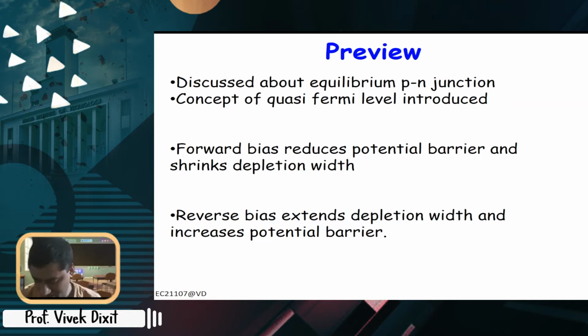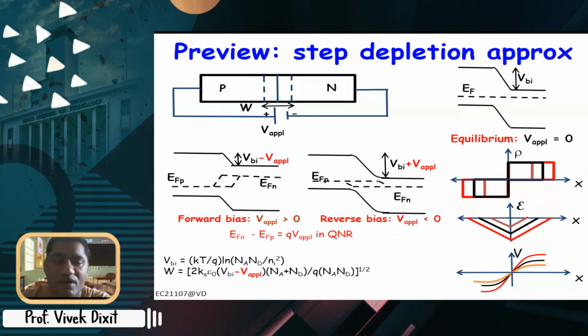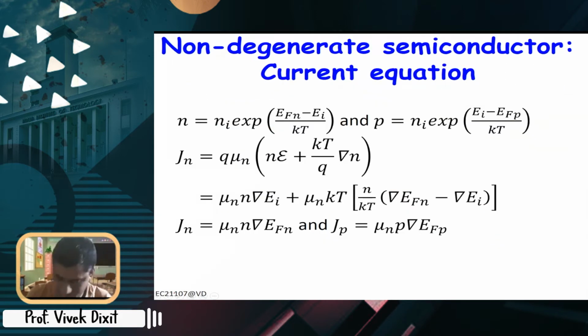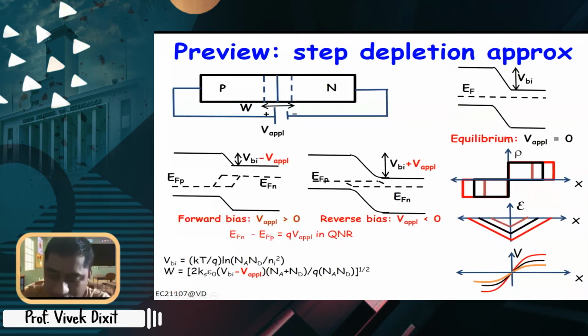So this slide basically summarizes both the forward bias and reverse bias. This is your PN junction, and when you apply a forward bias, this built-in potential under equilibrium reduces by the applied voltage. In reverse bias, the built-in potential, or the potential barrier, increases by the applied voltage. Now if you notice here, this Fermi level